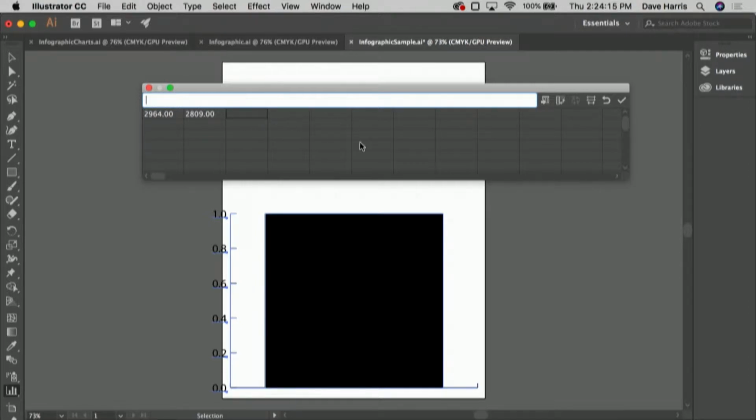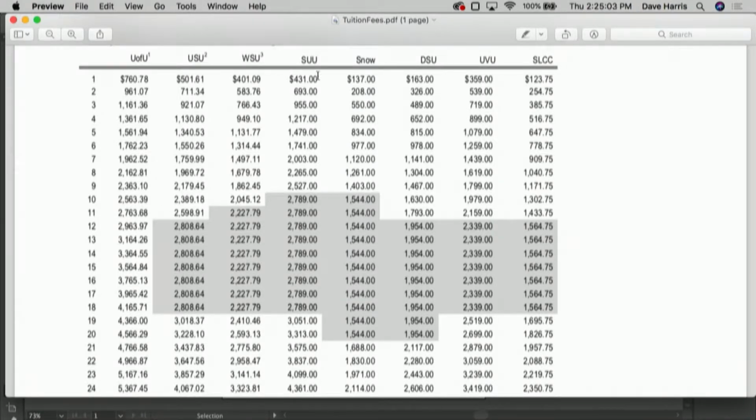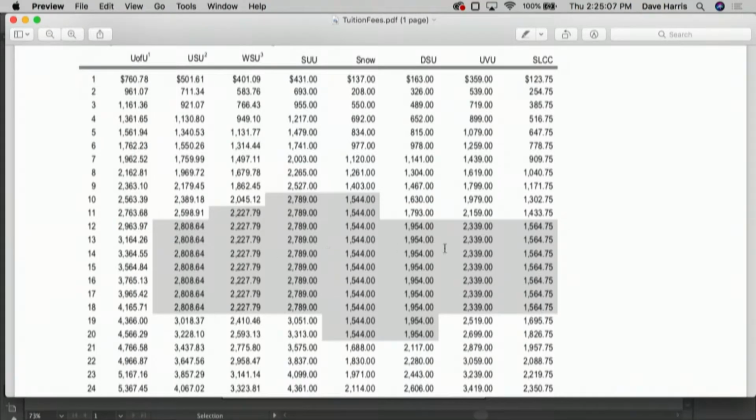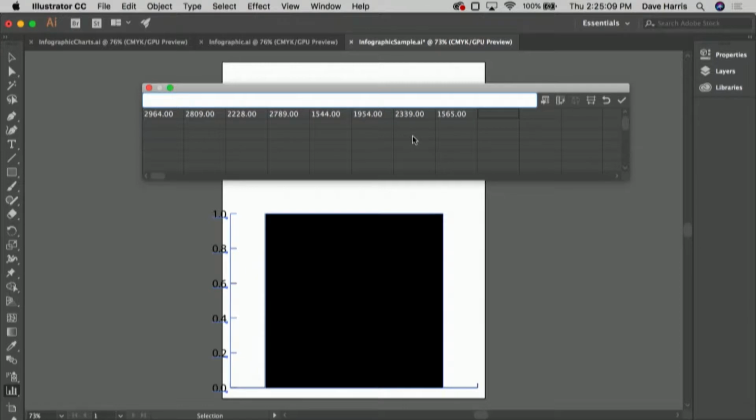Now, rather than bothering you with me entering all this data in, I'm going to go ahead and cut the video and come back to it. All right, here we are back. I've entered all these numbers in now. I've double checked them now. I've got 8 schools along the top. I've got 8 numbers here, and if my numbers are not quite right, that's okay. For the purposes of this video, I'm not going to worry about it,